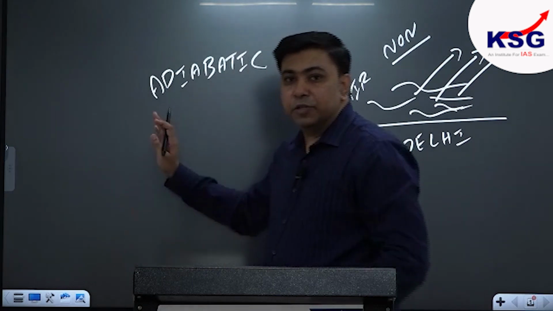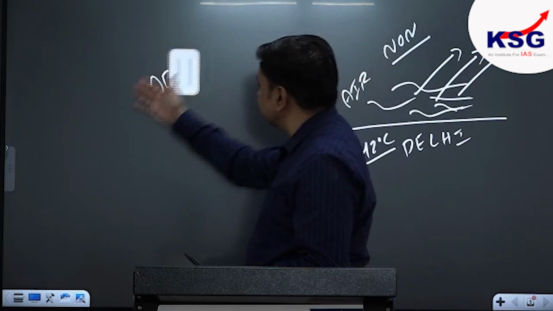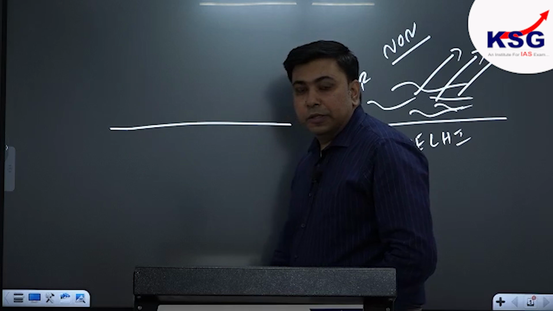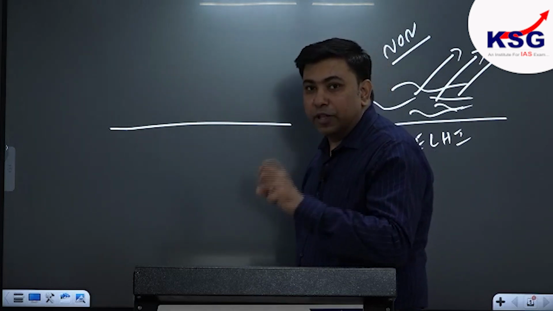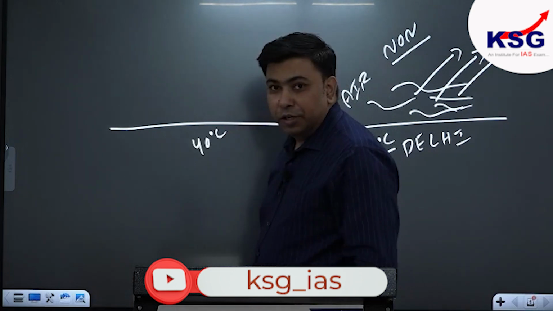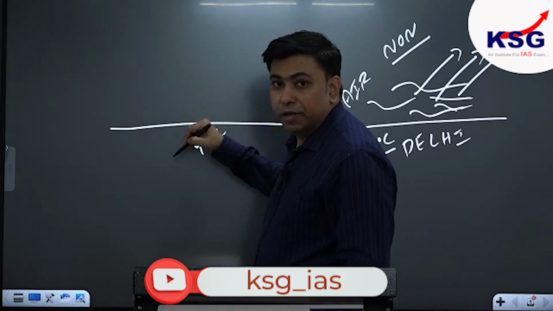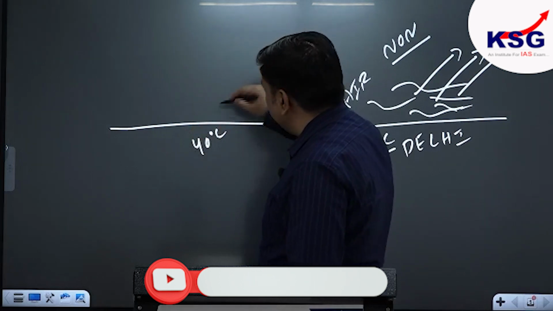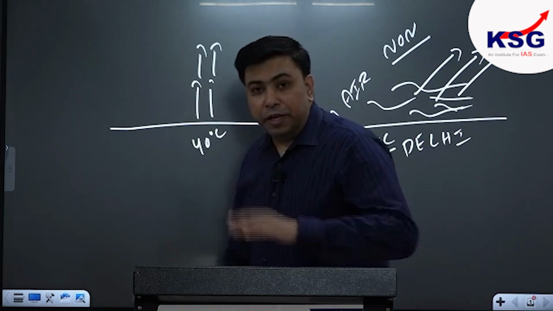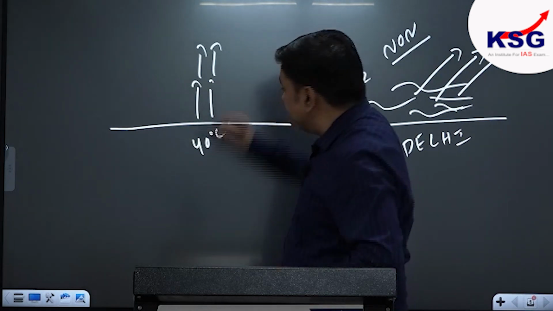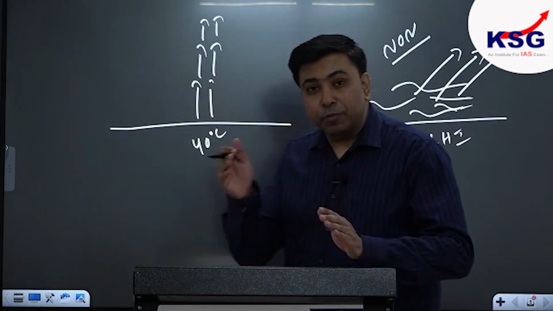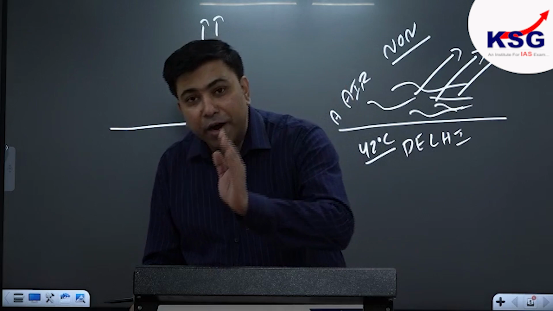Just see the example in the case of air parcels. Focus. See, listen, here I am showing the surface of Earth, and presume that over the surface of Earth in a particular area the temperature is high, 40 degrees Celsius. So the air parcels are warmer over this area, and now the air parcels are rising from the surface because they are warmer and energetic, in the form of convection currents. When these air parcels are rising, they go into the upper atmosphere, but going into the upper atmosphere they become cooler. Now, why do they become cooler?